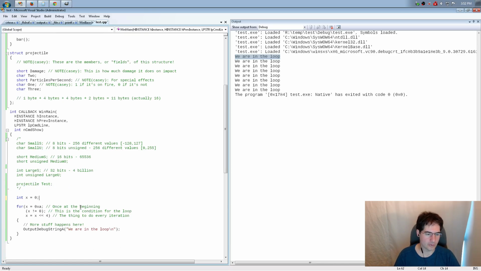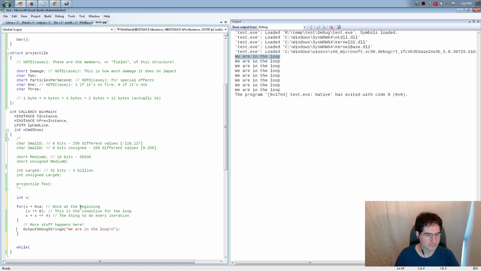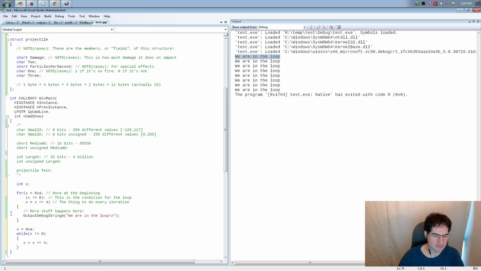They're not very interesting. For is the hardest one to understand out of them because it packs everything into here, and really these things essentially get expanded. So if you want, here is a more concise way of looking at what a for loop actually does. Anyway, so basically what this for loop exactly translates to is this while loop down here. It translates into this, if that makes sense. So these two things, minus obviously the part right here, although I can show you where that would happen as well. There you go. Now they're exactly equivalent.